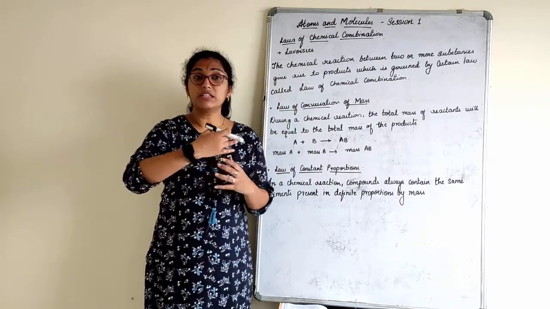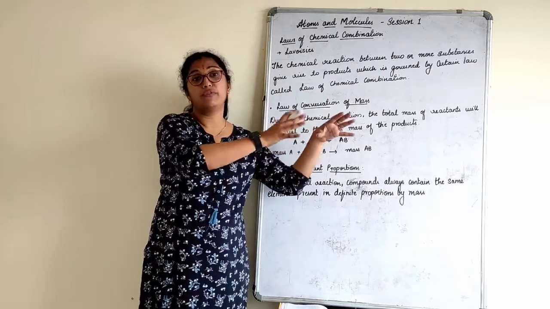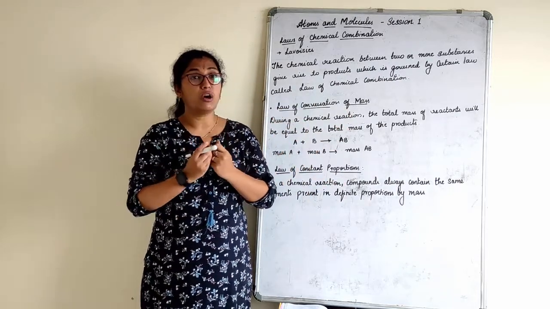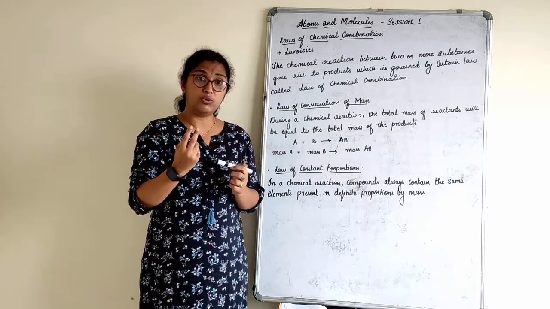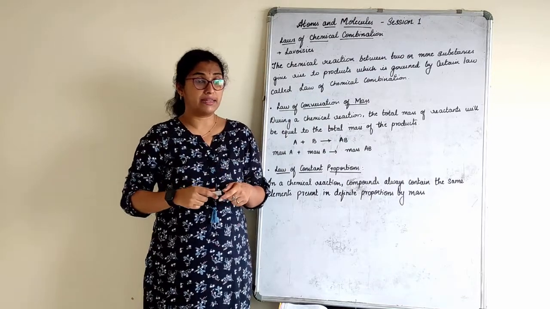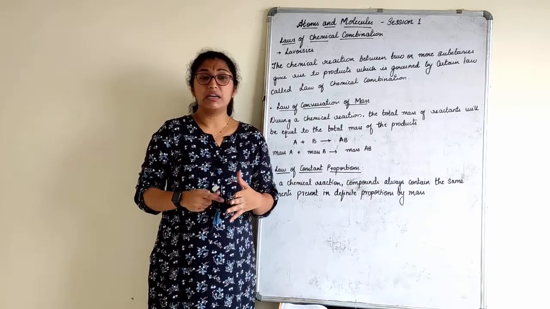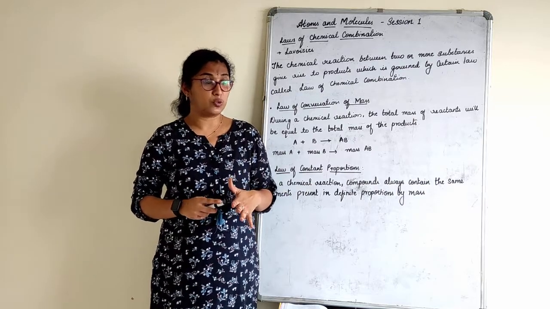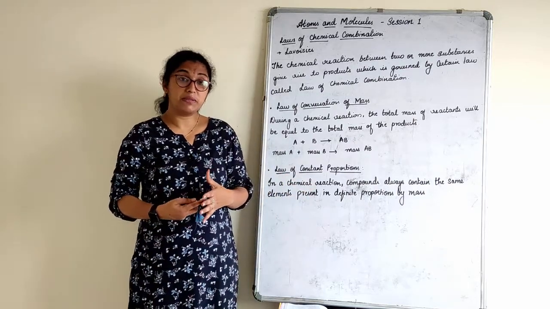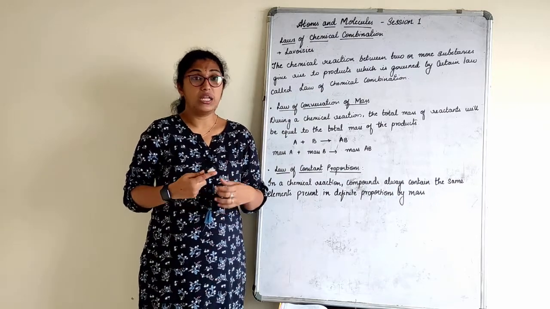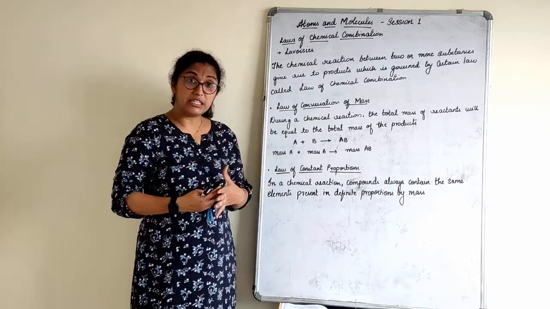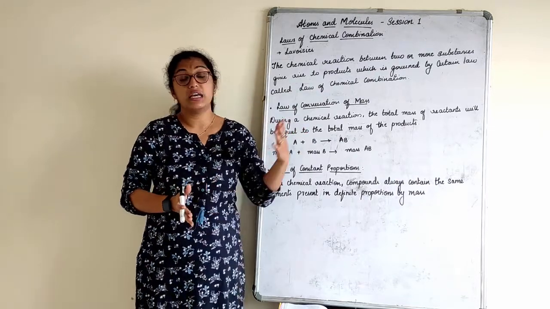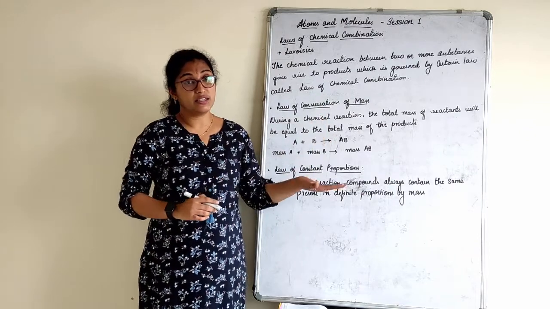A group of several such atoms will combine together and form a molecule. So basically the atom is one of the smallest particles. It's a fundamental unit that makes up matter. What is matter, its properties, what is around us, different properties of matter, we studied that in chapter 1 and chapter 2. In this chapter we will be studying what an atom and a molecule are, the history of the atom, what the properties of an atom are and how it takes part in chemical reactions, and what the laws are. That is what we are going to study in this chapter.